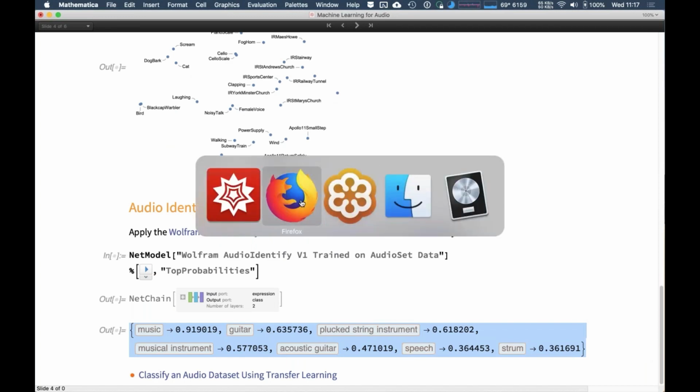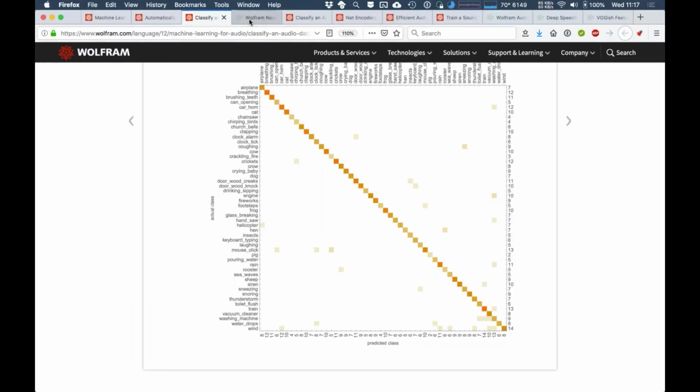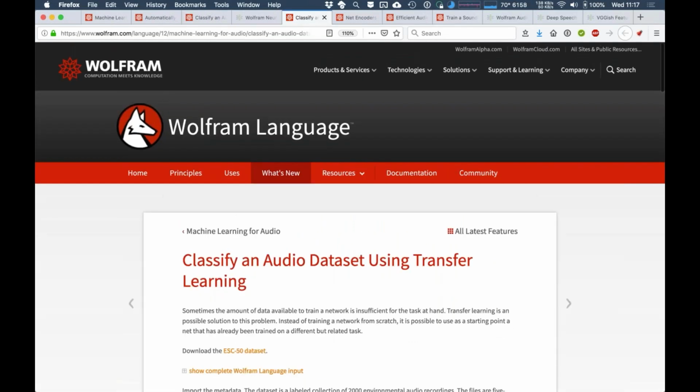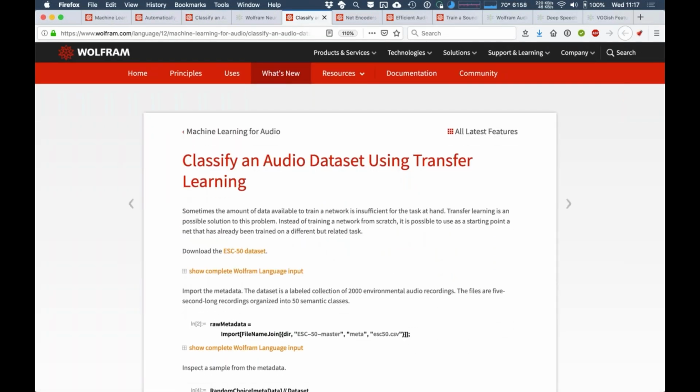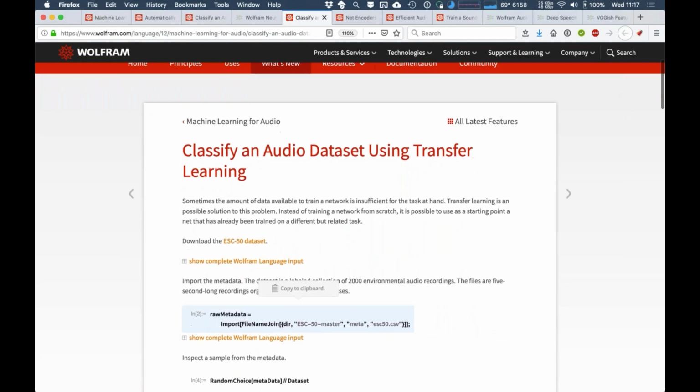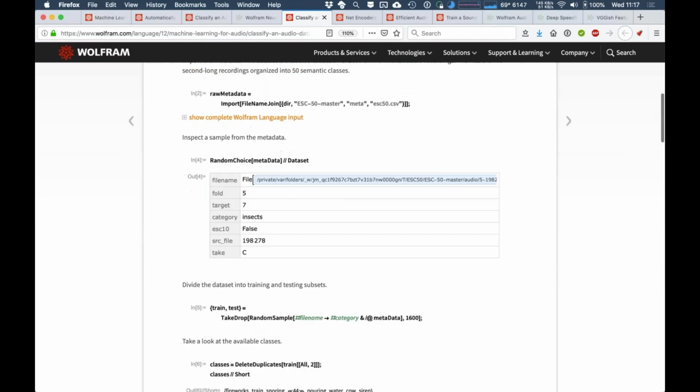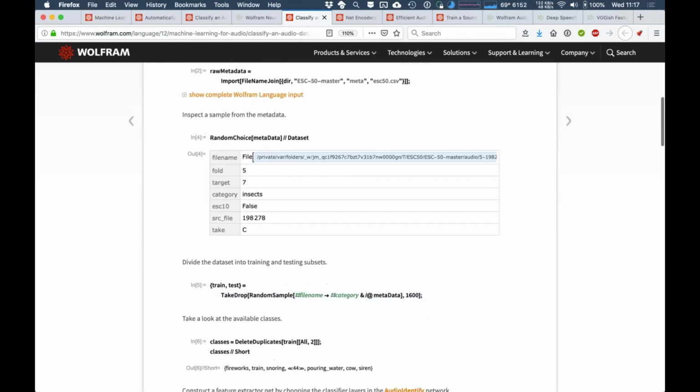And again, I wanted to show you a similar example to the classify one. I will attack the same problem using the audio identify net instead of the automated machine learning function. So I import exactly the same data, divide it in the same train and test subsets.